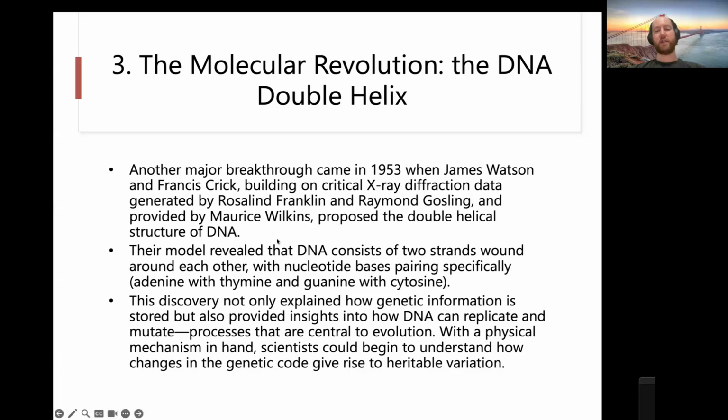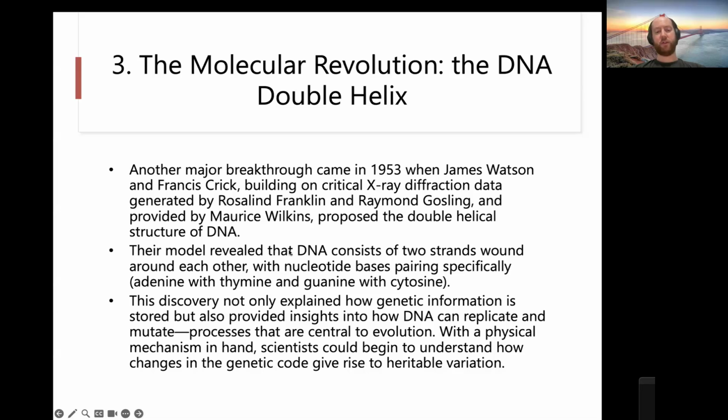Of course, there's debates about, I mean, the real issue is that the Nobel Prize was eventually given for this discovery to Watson, Crick, and Wilkins, but Rosalind Franklin had passed away by then. It's a very tragic story because Rosalind Franklin and Raymond Gosling had actually done most of the work, the experimental work, and so this is a slightly fraught part of science history.